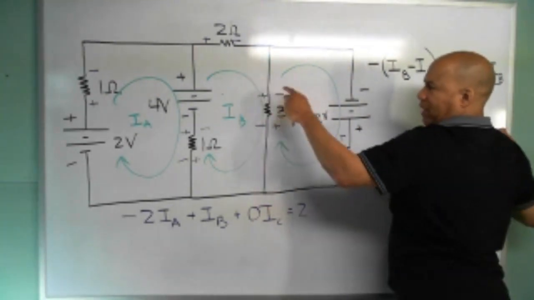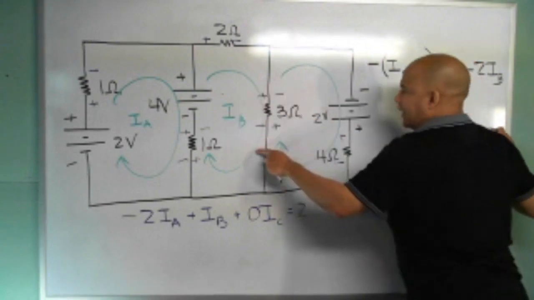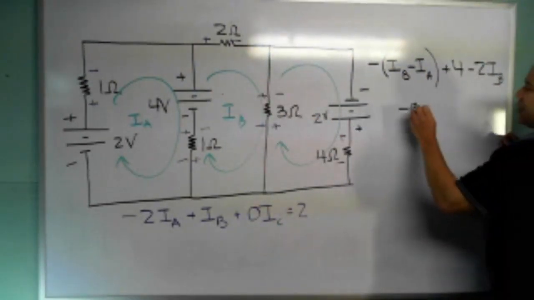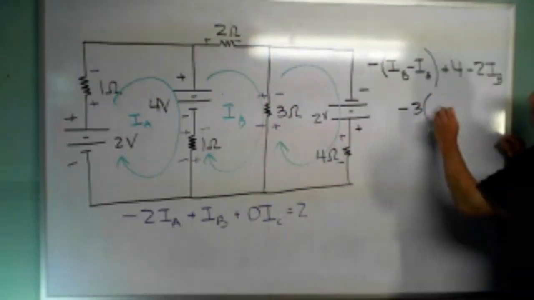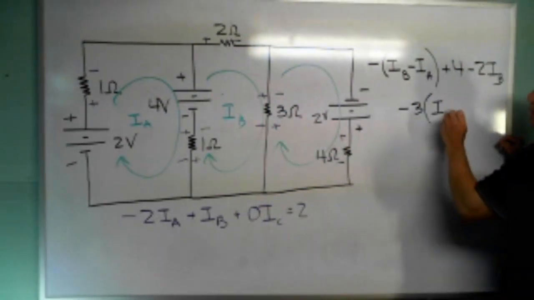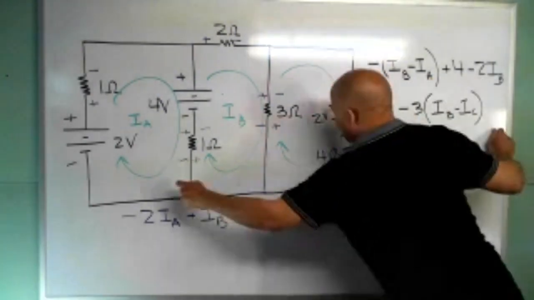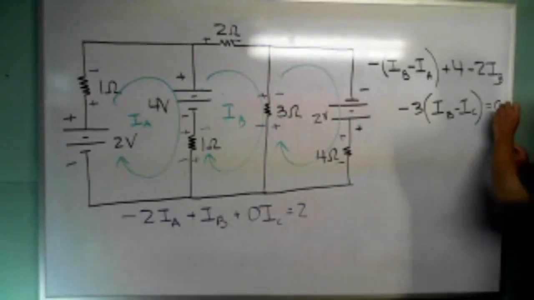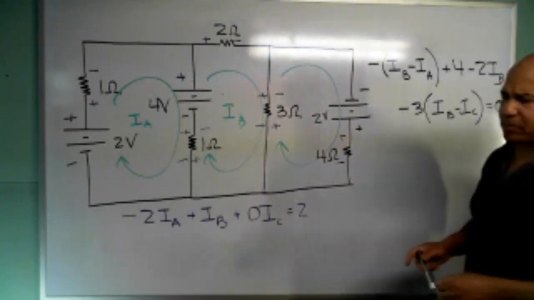And I'm over here with the same situation. This is where I forgot to write the 3 before. So I go from a plus to a minus, so that's a -3. And since I'm in the IB window, I gotta write IB first. It's gonna be IB minus IC. Then I'm back where I started from, so all that equals 0. So I think that's the same equation I got first. And then Kevin, you were asking about,